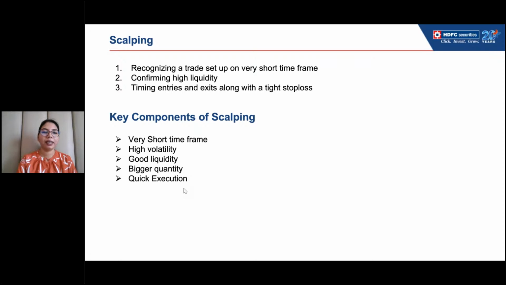Next, bigger quantity. As I said, इसमें the scalpers tend to target very small price action, so that is why they generally keep the bigger quantity. And last is quick execution. As I told you, the very high need of having a good or quick execution is the most important thing into the scalping. All right, so